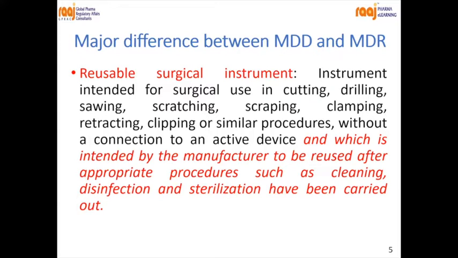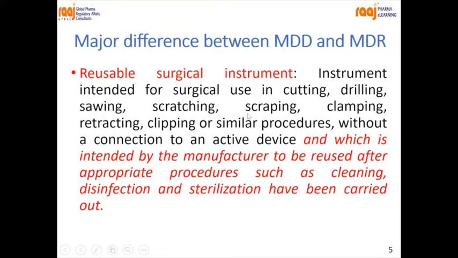The best example you can see whenever you go to a dentist: they are using so many medical devices and equipment which have to be cleaned and sterilized after using for one patient to another patient. So this comes under reusable